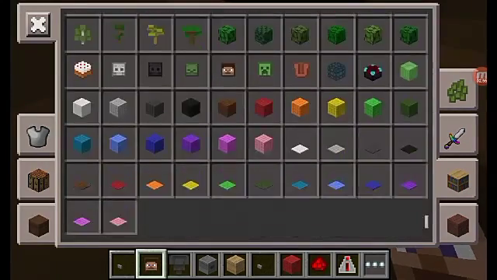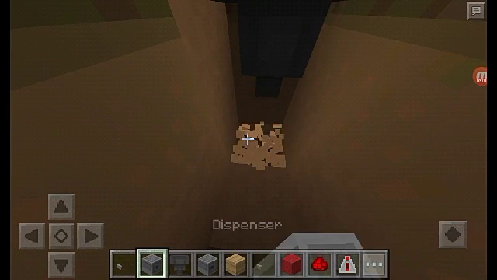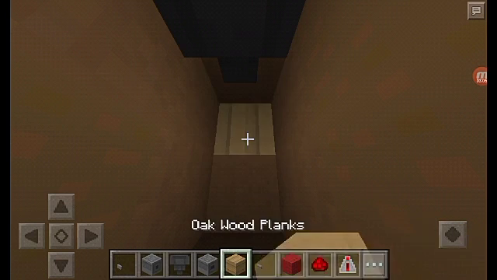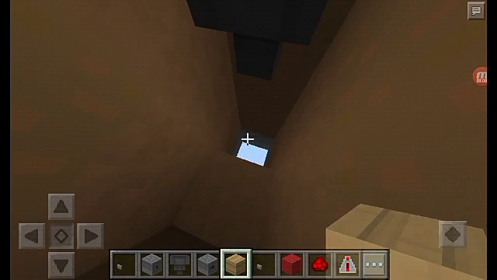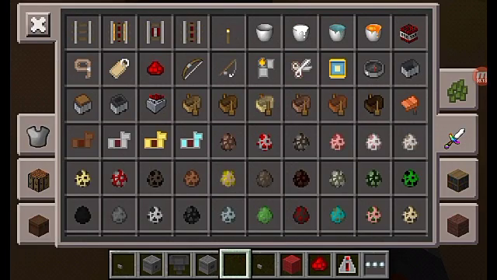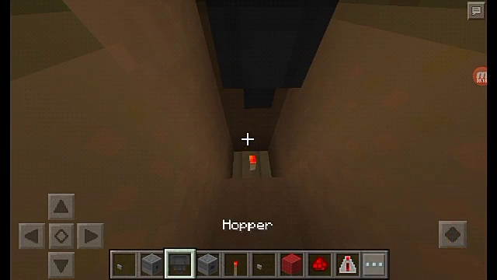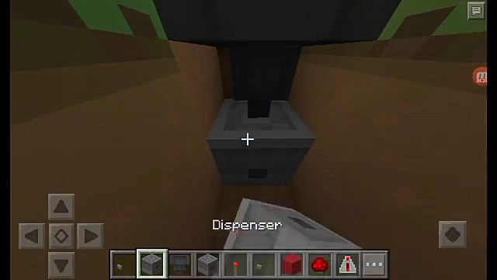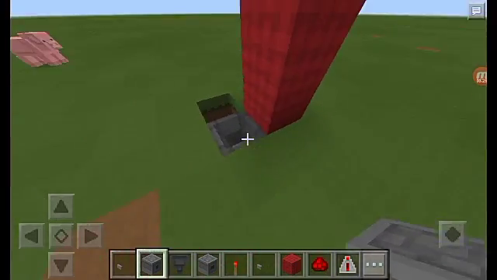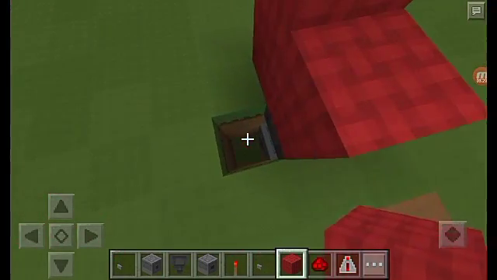Okay, let's get the dispenser right here. Okay, now we take that out. I can see that there's bedrock. So we will want to replace that real quick so we can get that down. We would want some redstone torches to keep it going. So the dispenser right there. So when you throw the gold ingot in, the dispenser activates and it throws it into